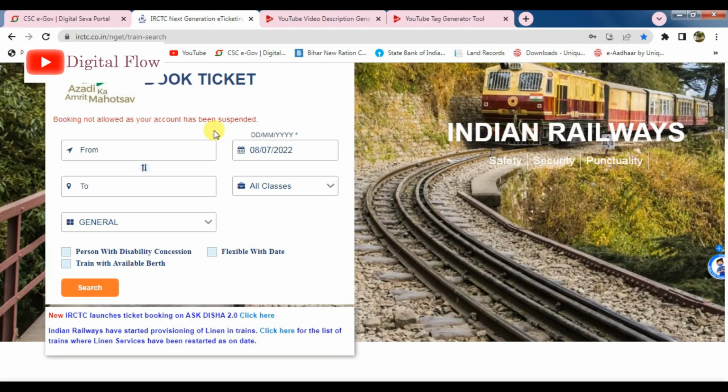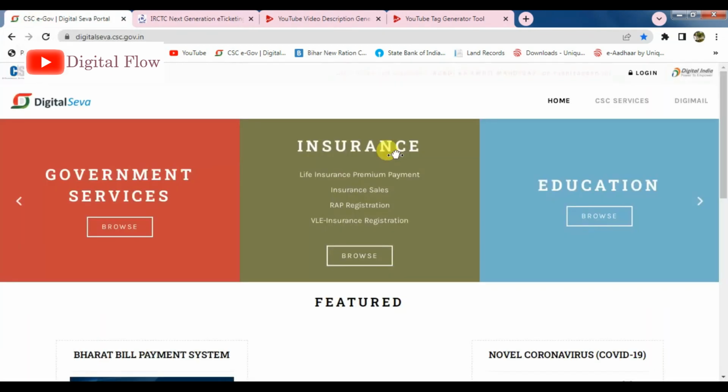So we will see how to book Indian Railway tickets from the IRCTC CSC VLE agent ID.